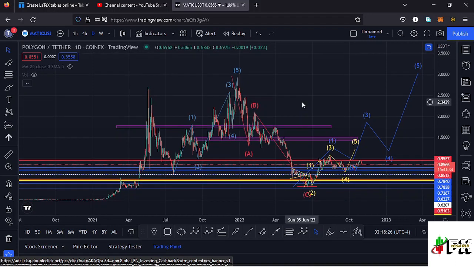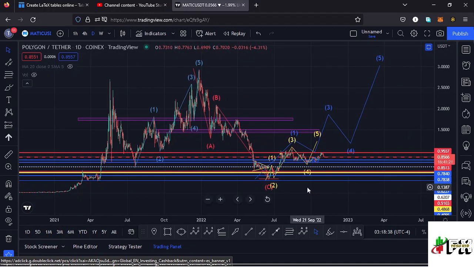And I'll kickstart the video by giving a brief of what has been happening on this chart. Polygon Matic from the all-time high has been seeing lower prices in this massive ABC corrective movement, which has now taken us back to around the $0.32 mark, and having done so, I believe it has done the minimum that we expected that ABC corrective movement to do, and very soon we are going to see a very nice bounce